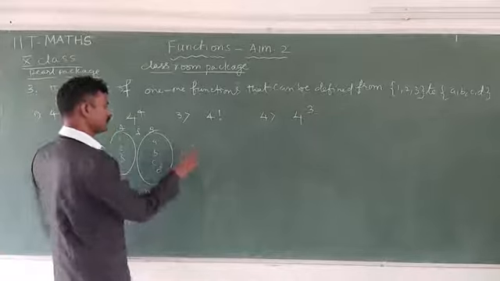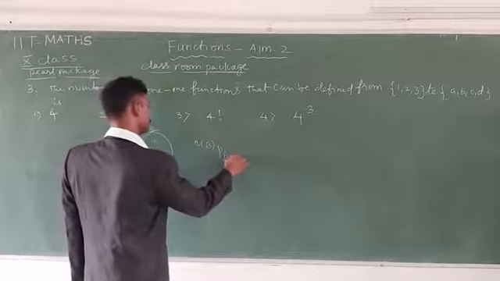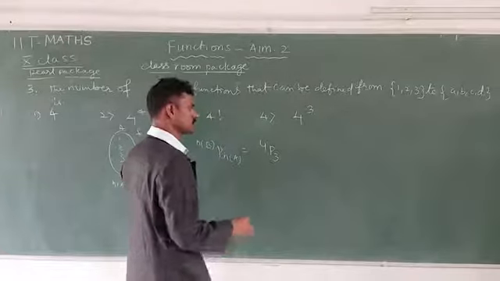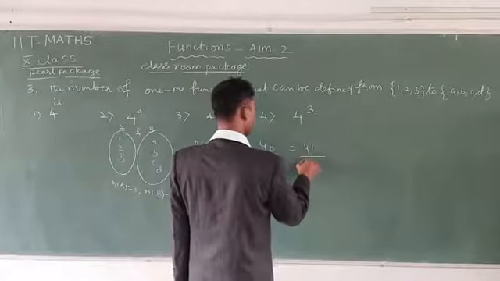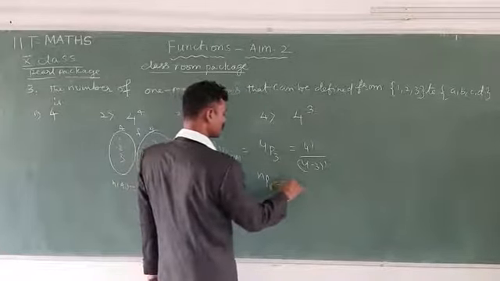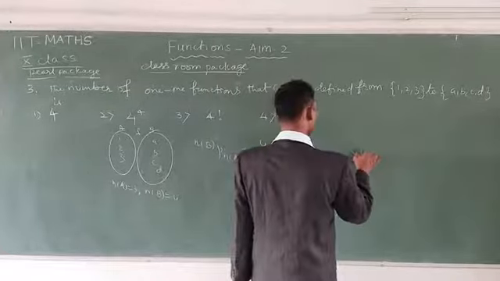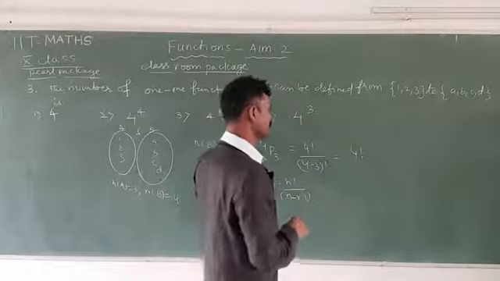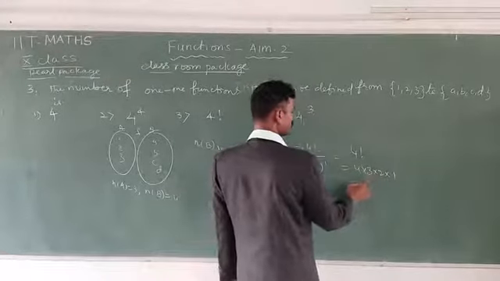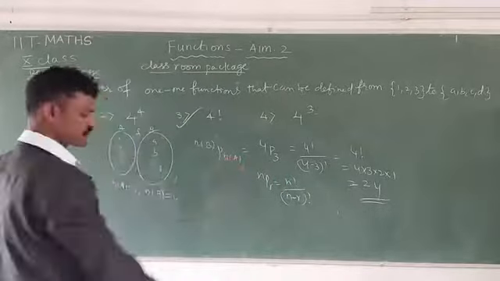The total number of one-one or injective functions is n of B P n of A. Here n of B is equal to 4, so 4P3. 4P3 is equal to 4 factorial by (4 minus 3) factorial. Actually here this looks like nPr is equal to n factorial by (n minus r) factorial. That's why here 4 factorial by (4 minus 3) factorial is 1 factorial. Then 4 factorial is written as 4 into 3 into 2 into 1. 4 times 3 is 12, 12 times 2 is 24. Total 24. Then 4 factorial is, this is the third option. Note down.